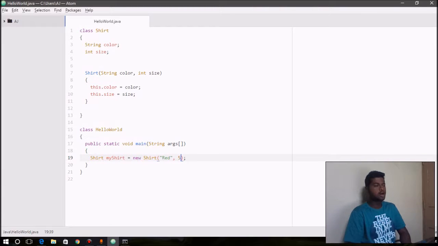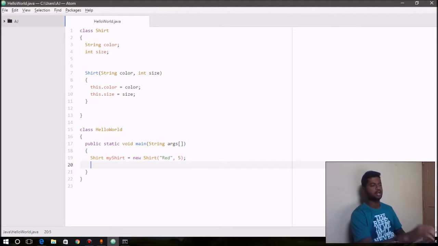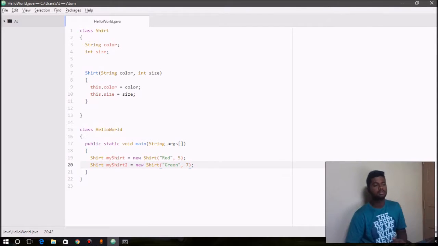In the previous video, we saw how we can use parameters within a constructor to assign each object's member variables different values. Like we can say Shirt myShirt2 = new Shirt, and again assign the value green for the color of myShirt2, and it can be 7. So this is how a constructor with arguments, also called parameters, can be used for assigning different values